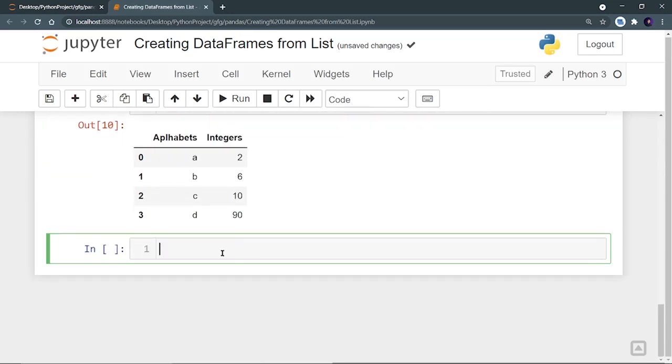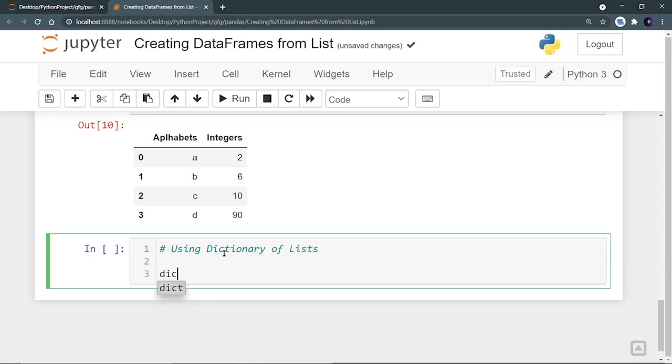Now let's see the last method, that is using dictionary of list. So let's create a dictionary called dict, but we can't use it because it's a keyword. So I'm going to name it as dictionary is equal to, and I have to create a dictionary, and the keys of this dictionary will act as the column names and the values will act as the cells.